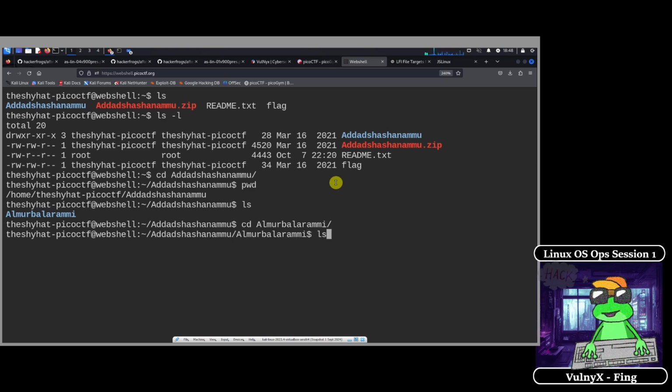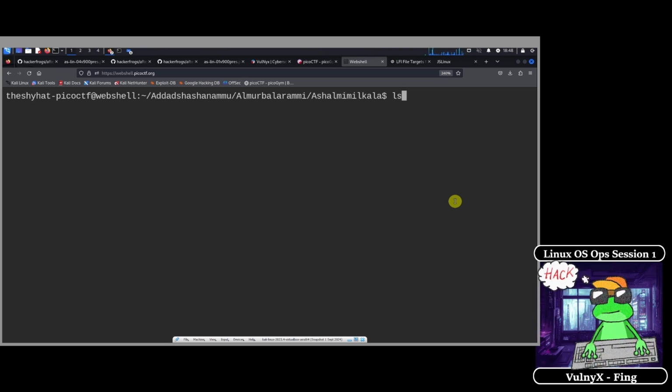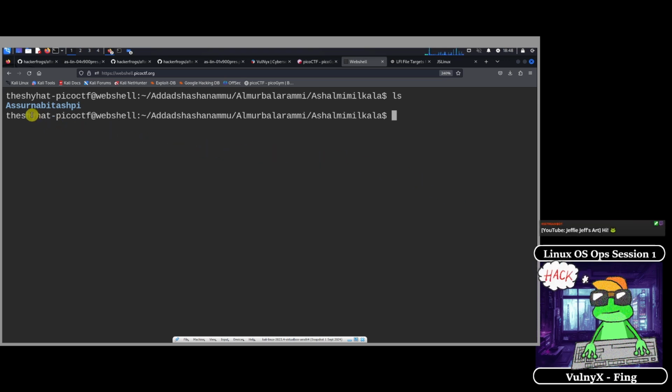And then if we take a look at what's in this directory with ls, we see that there's another directory called ashal-mimil-kala. And we need to enter this directory as well. So we're going to use cd to change directories into this directory. So it's as and then hit tab, and it's going to autocomplete the name of the directory, and then hit enter. If we do, well, I'm going to clear this off. We're getting a bit close to the bottom. So if we do ls, we see that there's another directory in here, and this directory is called